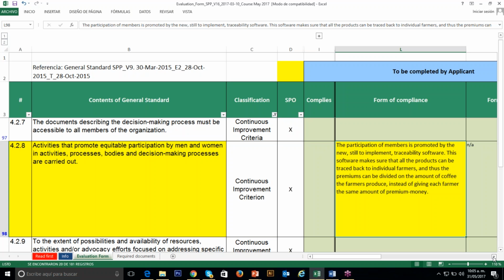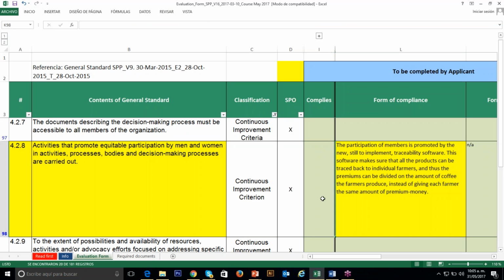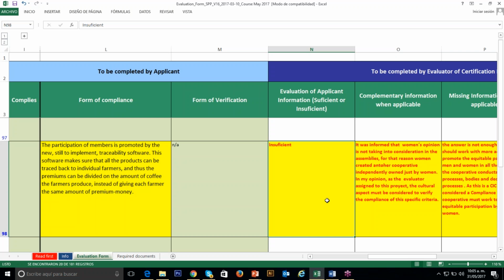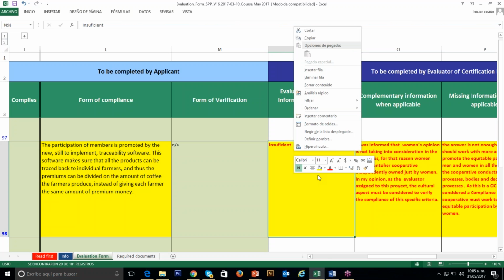men and women can participate, and all of them have the same voice and are listened to. But in this case, in the form of verification, they wrote not applicable, but column N is my evaluation. This part has to be completed by the evaluator. Then I wrote insufficient, because I consider